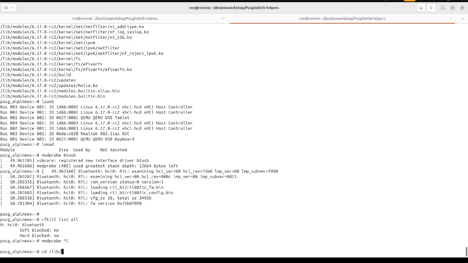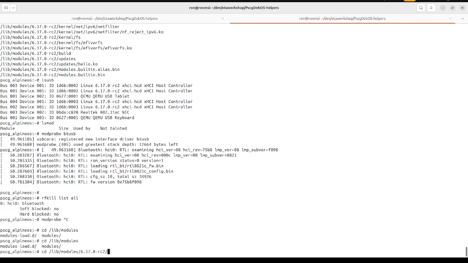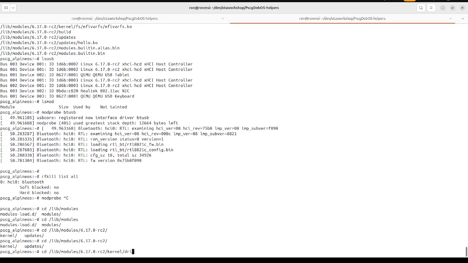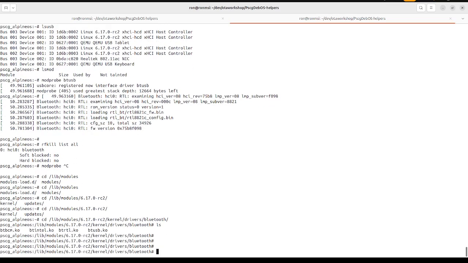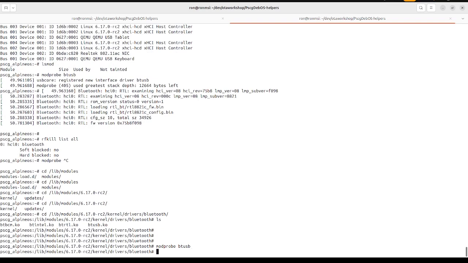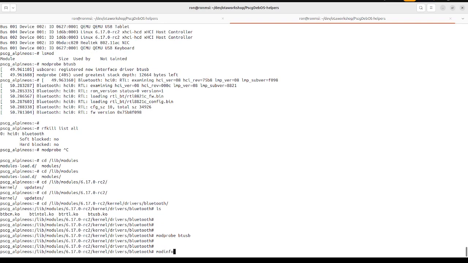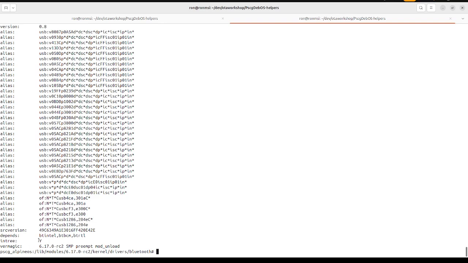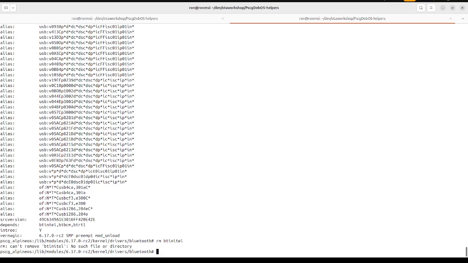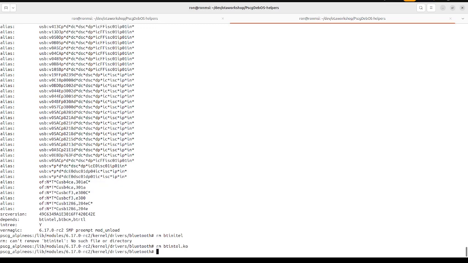Let's remove. And let's go to lib modules to see the list. Kernel, drivers, Bluetooth, right? And let's first do modprobe btusb. Now, btusb, if I look at its dependencies with modinfo, I will see that it depends on btintel, btbcm, and btrtl. So if, for example, I go and remove btintel.ko,